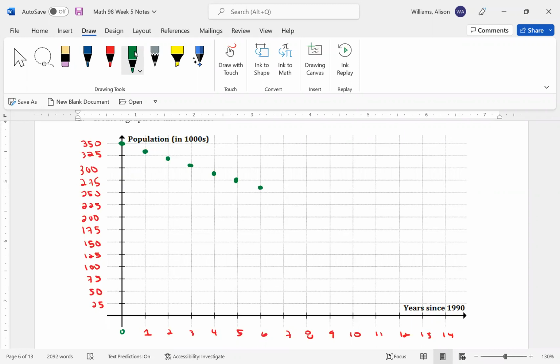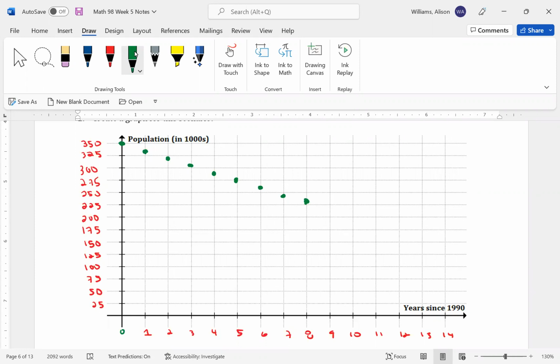Year seven was 245. And year eight was 230. Ooh, 230 would be right about there. Okay, cool. All right. And if the pattern were to continue,